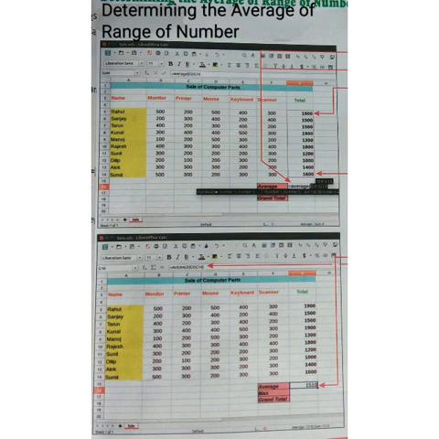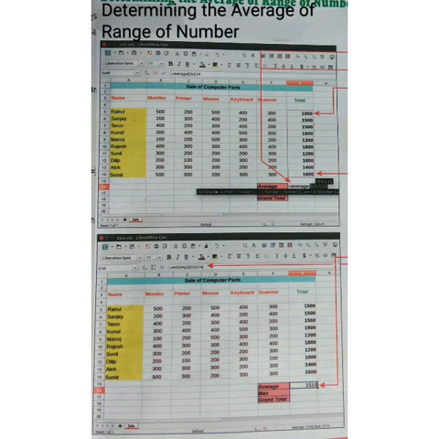Thus, the average total sale of all the devices is 1510. The formula bar shows the average formula. You can see the formula bar just above, over the sale of computer parts, and you can see the formula on that bar. Understood? So in this way we use the average function.